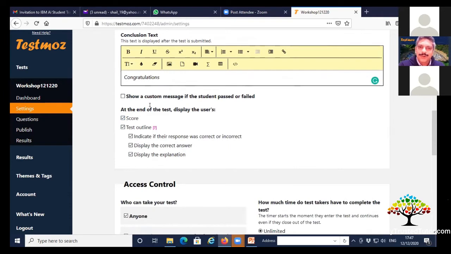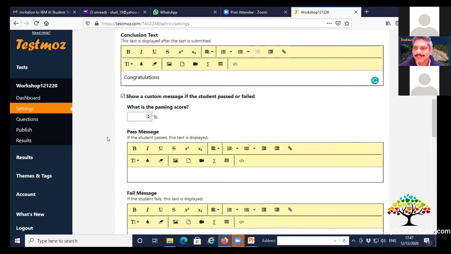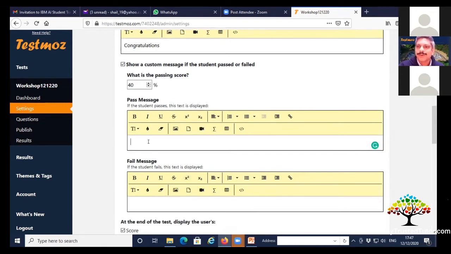Do you want to show a message to the child whether he has passed or failed? That's another option which is available. It's not by default, it is up to the teacher. If the teacher wants to display this option, whether the child has passed or failed, you can check this. The moment you check this, it will ask you what is the passing percentage. So whatever is the passing percentage decided by you, you can keep that over here. Suppose it is 40%. What message do you want to display when the child has scored 40 or more than 40? I want to display